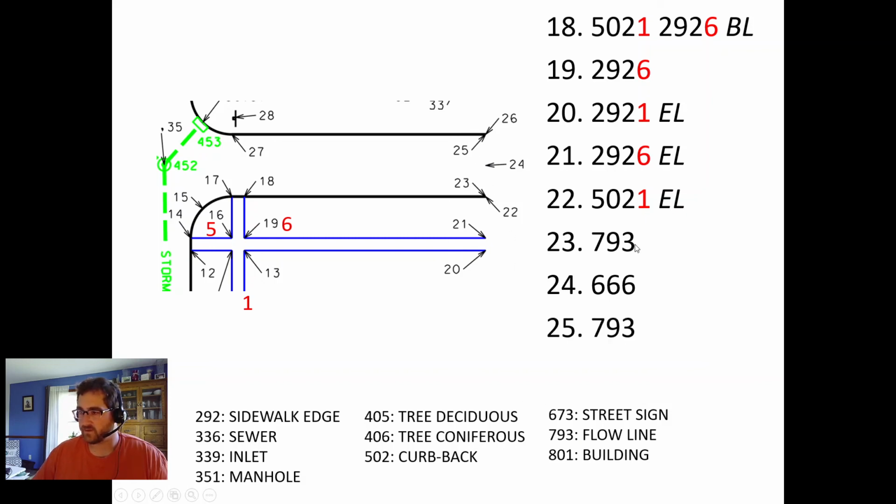25 across the street, I have just a single point code again, no modifier. And then 25, I'm adding another curb line. Now, when I pre-created these lines, curb line 4 or curb line 3 actually is over here. So this is going to be curb line 4. I've got a